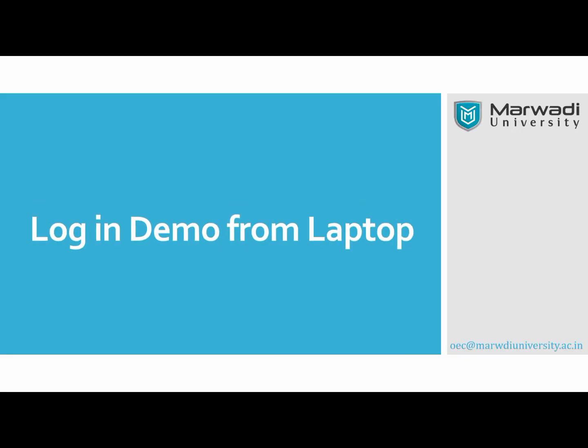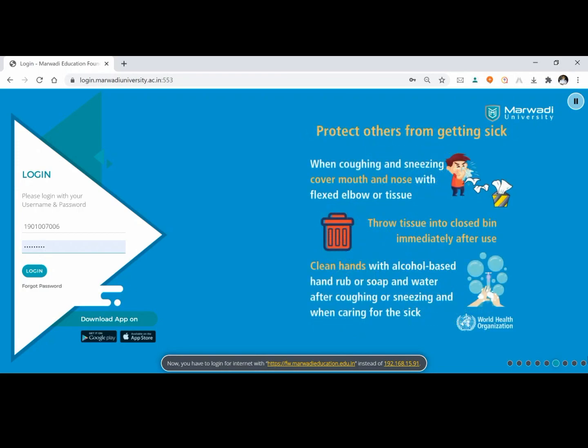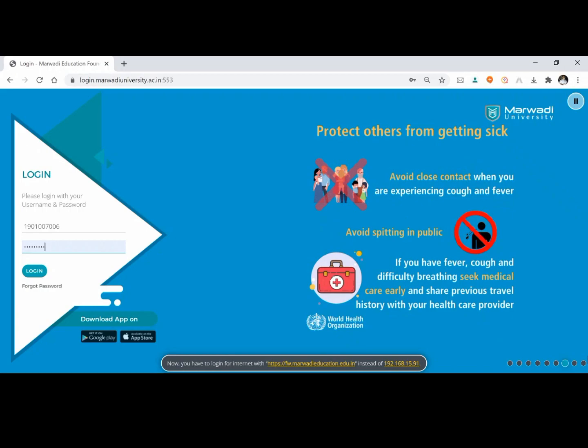Dear students, now we will see the demo of how we can log in from a laptop. From your laptop device, you need to reach this Marwadi University's login page. After that, you apply your ID and password and click on this login button.